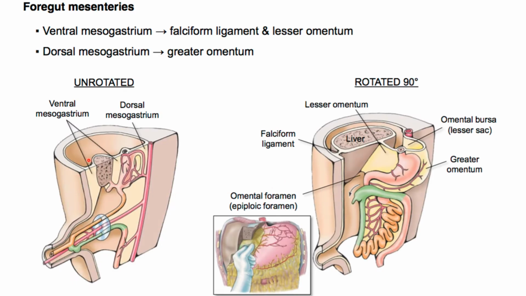Let's again understand this development using the sagittal sectional view. The developing foregut is attached to the ventral body wall through this bilayered fold of peritoneum, the ventral mesogastrium, into which the liver is developing, and to the dorsal body wall through the dorsal mesogastrium, into which the spleen is developing. Now this space situated on the right side between the liver and the stomach ventrally, and the stomach and the posterior body wall, lying towards the right, is the original lesser sac.